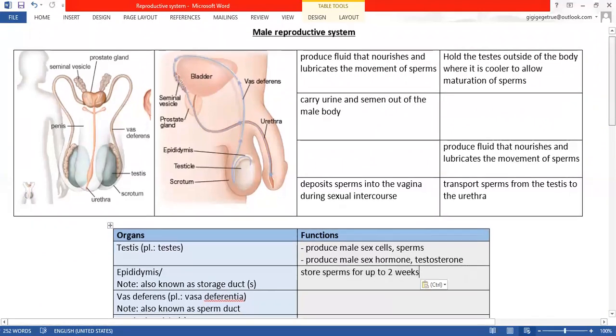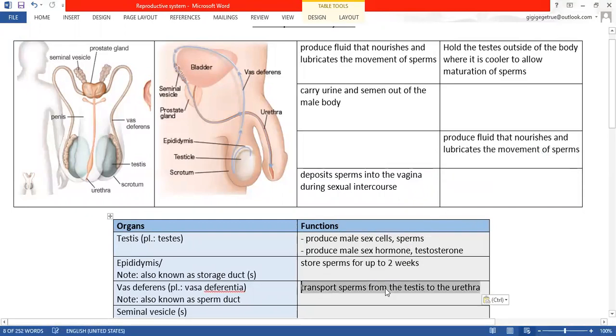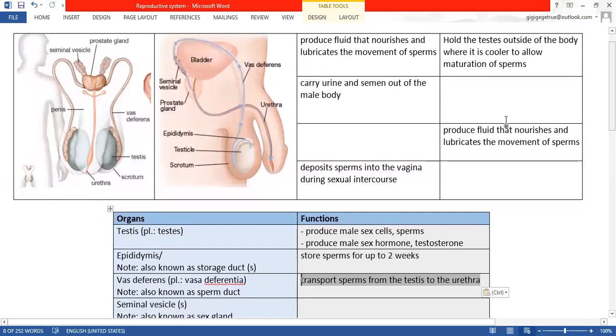Okay, the vas deferens, plural form vasa deferentia, is also known as the sperm duct. If you recall, this is the sperm duct. The sperm duct transports sperm from the testis to the urethra. Here. Then the seminal vesicle. The seminal vesicle produces fluid that nourishes and lubricates the movement of sperm, so that the sperm